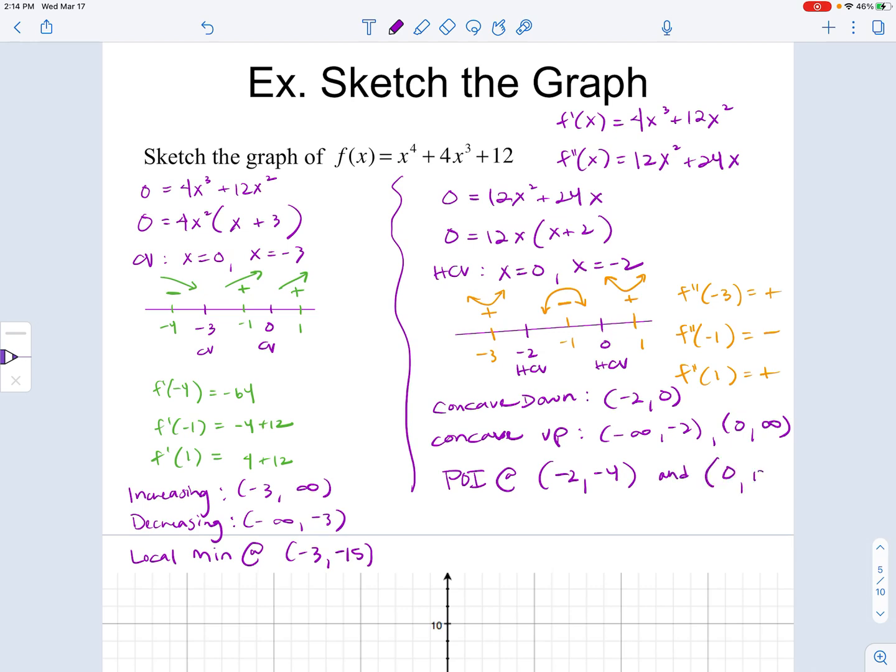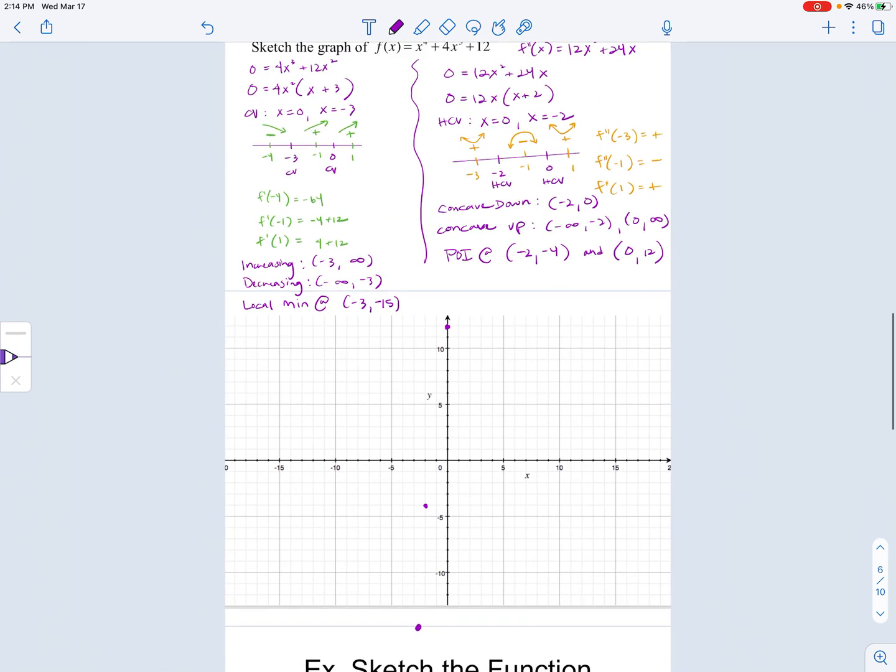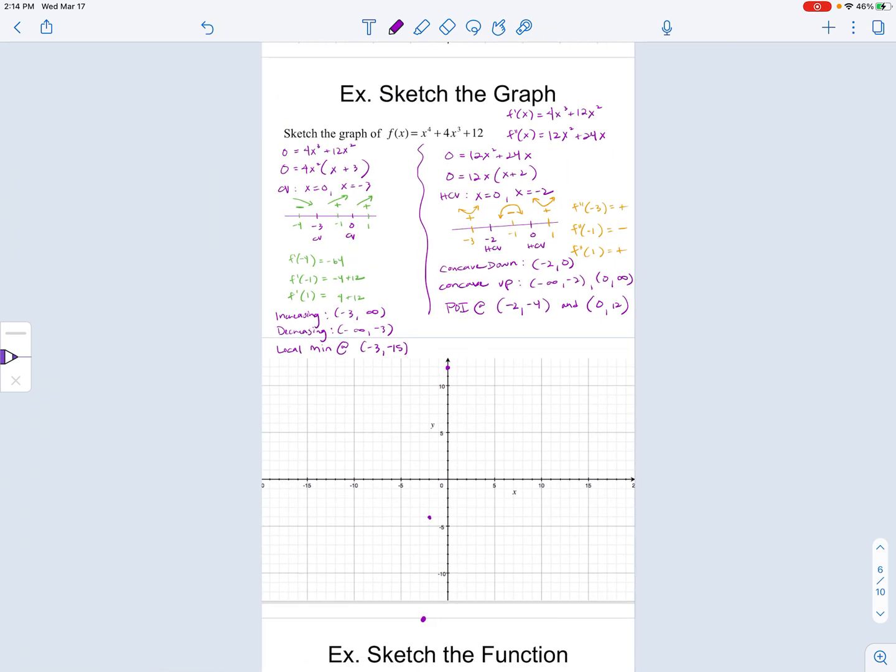At -2, plug -2 into the original function, and we get -2 comma -4, and at 0, 12. Plug 0 into the original function. So -2, -4, and then 0, 12